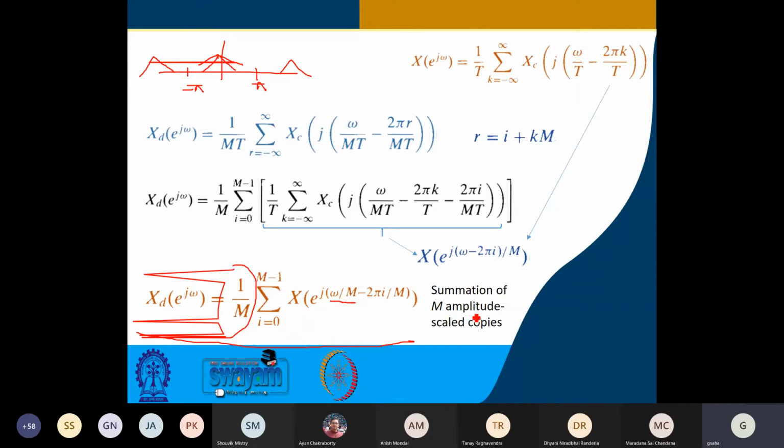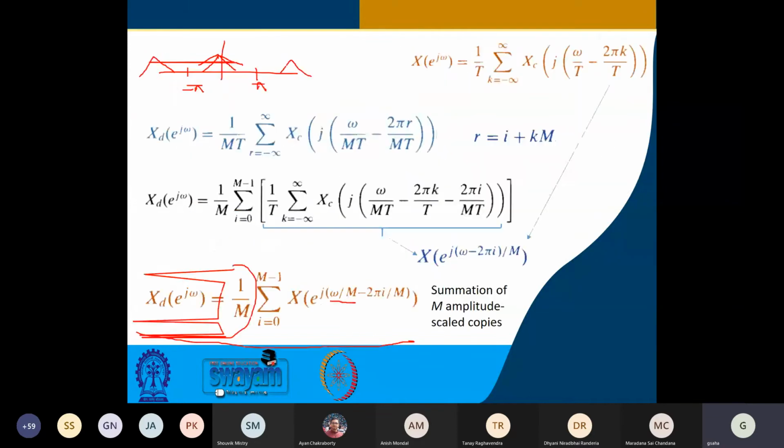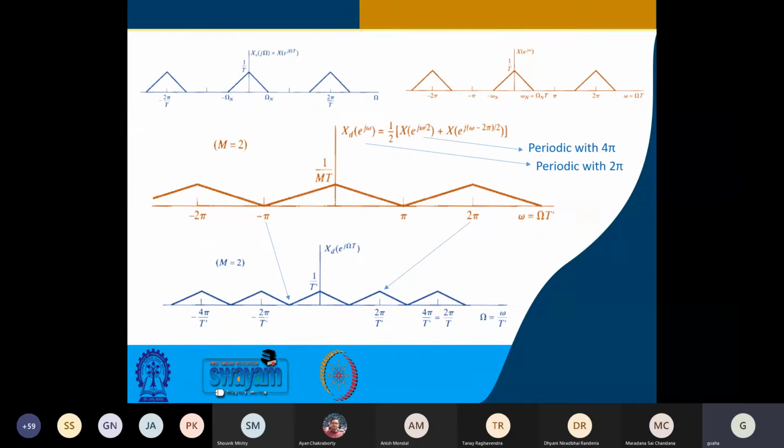So these copies, if they overlap with each other, then there is a possibility of aliasing, the aliasing that you initially talked about. If they do not, then there is no such issue. So if you look at it, spend some time over this particular plot and try to understand it. Okay, I shall discuss it after 1 minute or so.